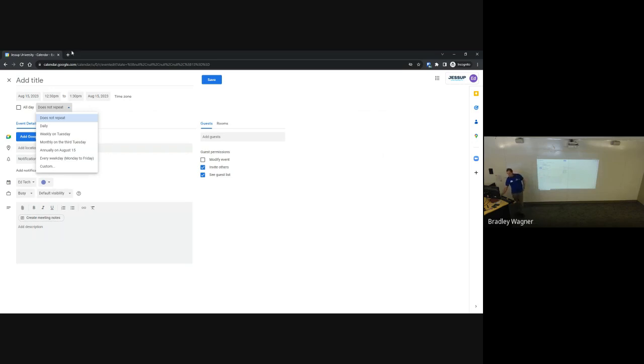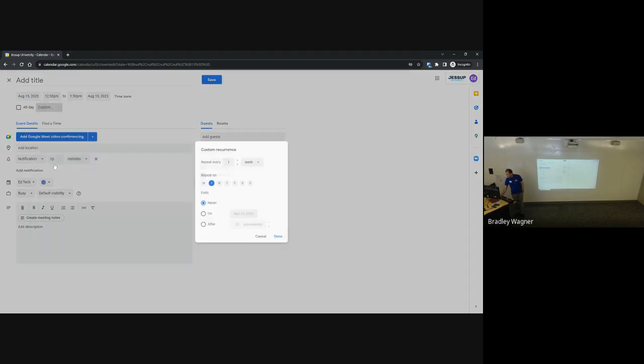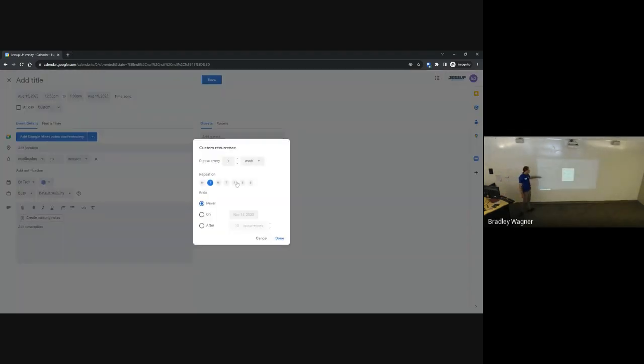So there are these options here, and if you go down to custom, you can choose which days of the week you want it to repeat on, how often, every week, every month, every year. If you're putting in, like, your anniversary, you want it to repeat once every year on a specific day. And then an ending time period based on either never ends or on a certain date, it will just not